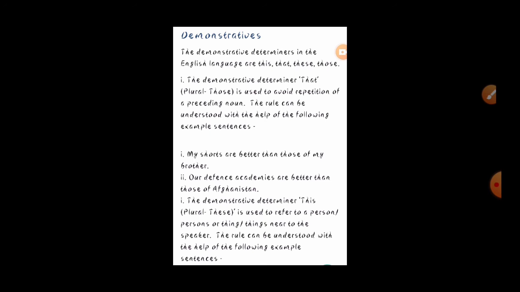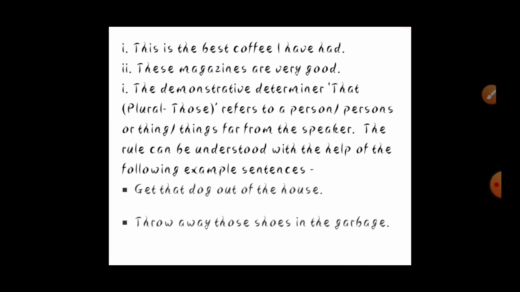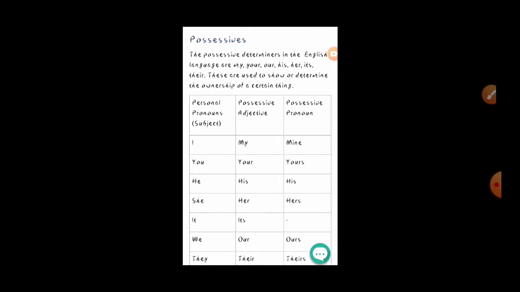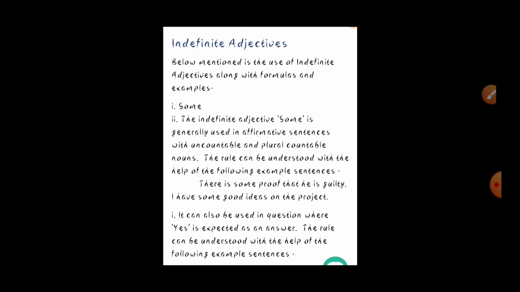With this, the article is completed. In determiners only the article was left. All the other demonstratives, all these I had already explained to you. You can note down these notes if you would like to, or you can understand by watching the video whenever you need. These are the notes for determiners. These are possessives. I already explained to you about determiners, then possessives. These are all notes.